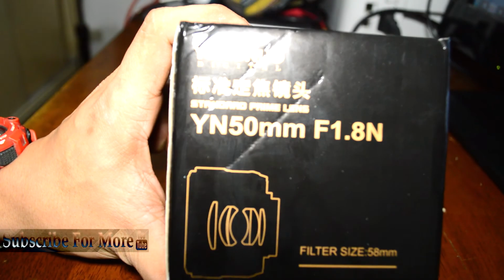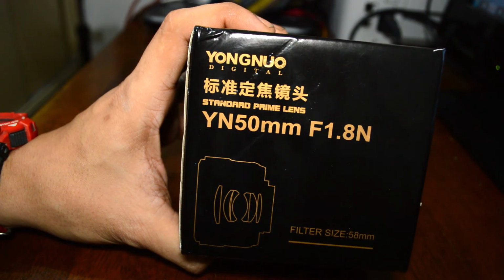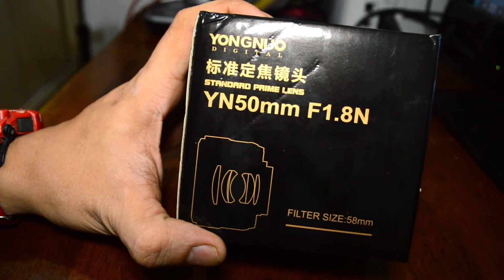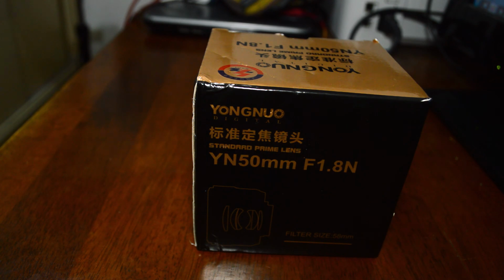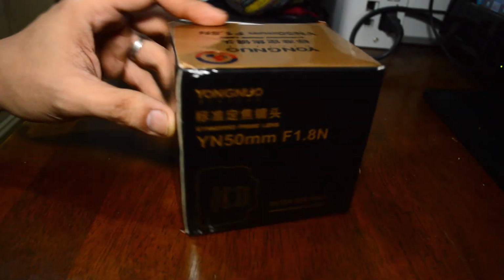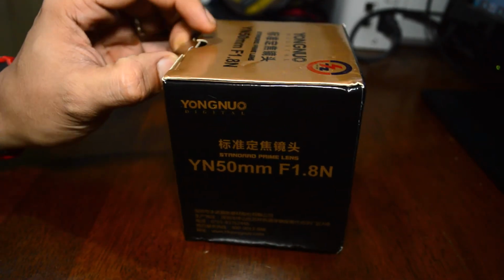And here it is. Take a look. Let me just dim the light a bit. This is the Yongnuo 50mm F1.8N. It is a prime lens. The equivalent of this prime lens for Nikon and Canon would be the Nifty 50 or the 50mm lens,